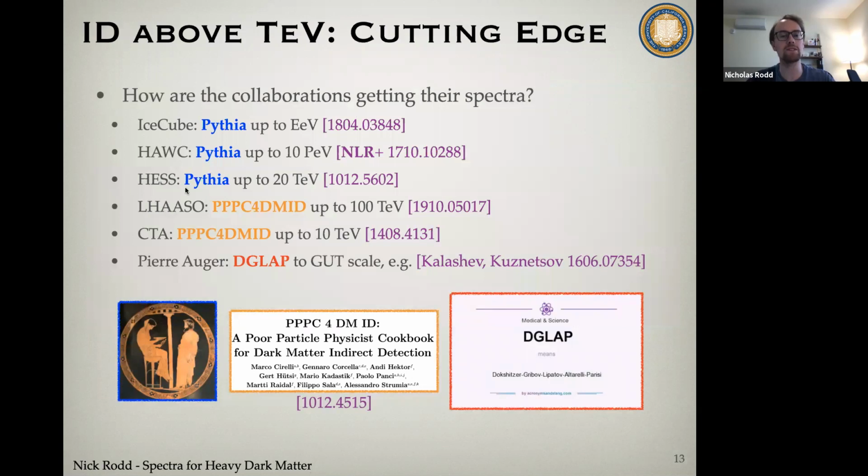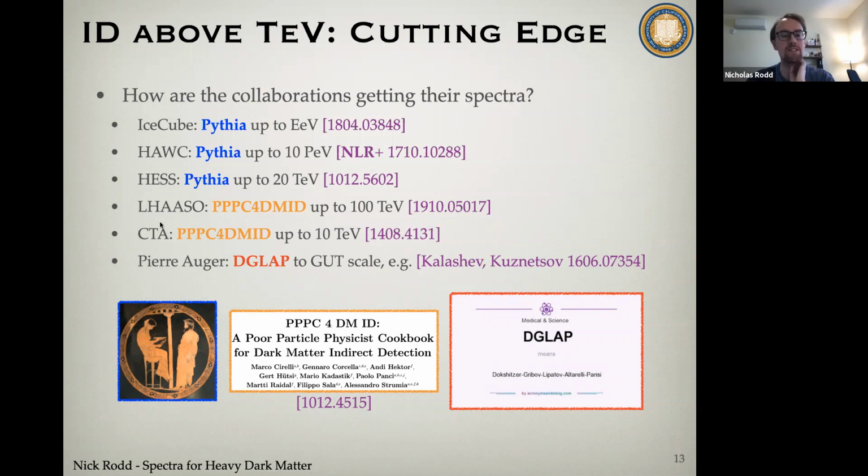So generally, the instruments that are currently in existence have largely been using Pythia to produce their spectra. And the way that this operates is you just run Pythia where you have an e+ e- annihilation, but you turn off ISR. And so therefore, the e+ e- basically just acts like an energy injection, which, for dark matter candidates that are uncharged under the Standard Model, is what you would expect. And then you let Pythia go to some, for example, two-body final state. It will then handle the showering and hadronization, and this is how you get your spectrum of stable states. But as we saw earlier on, this is very different from what we're going to predict. And I'll say some more words about that in a second.